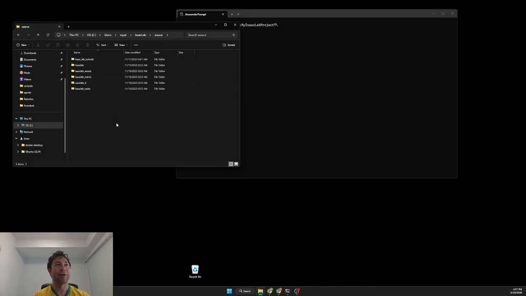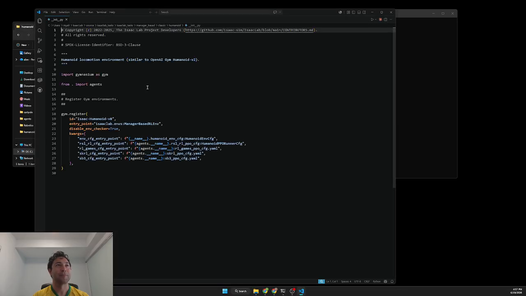So if I come here again, IsaacLab tasks, I want to pick this humanoid task here, right? So where do I find the name ID for this task? It's inside this init file, and here it is, right? This function here, gym.register, is basically registering this task under this name in the gymnasium